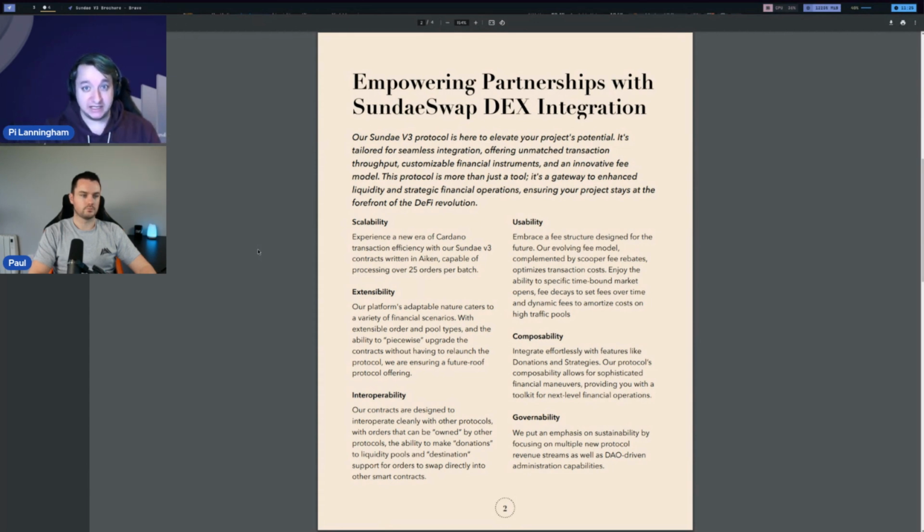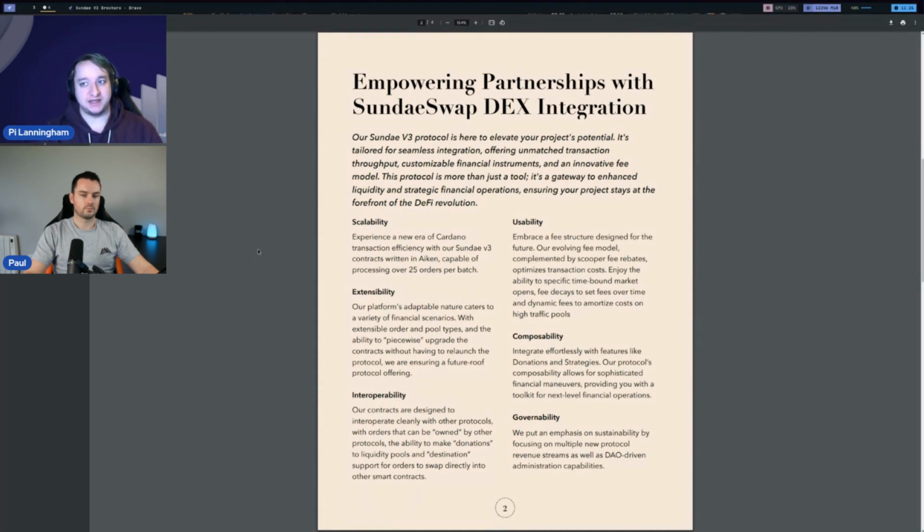It's a bit more convenient on Sunday V3, but there's a lot of other examples where we've put a lot of really careful thought into how another protocol would integrate with Sunday. So one example there is orders can now be owned by a script, which means that the script has to be run in order to cancel it.